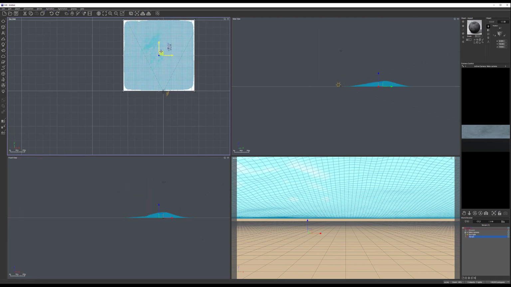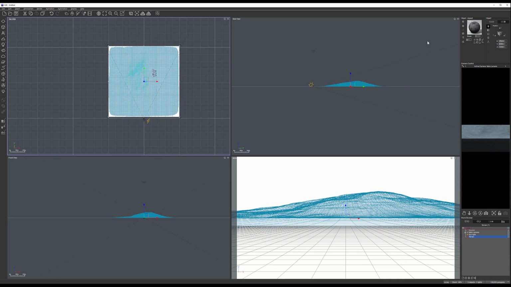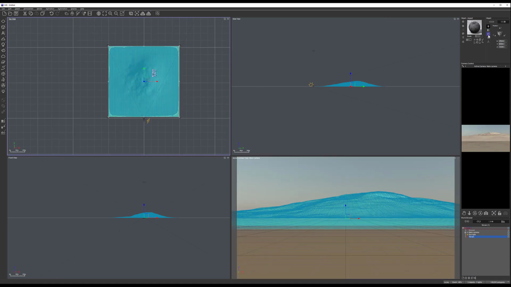Right here we have it. Let's just move it a little bit up in front of the camera. And on our right side, if we go in size, we can see it is 1 kilometer by 1 kilometer